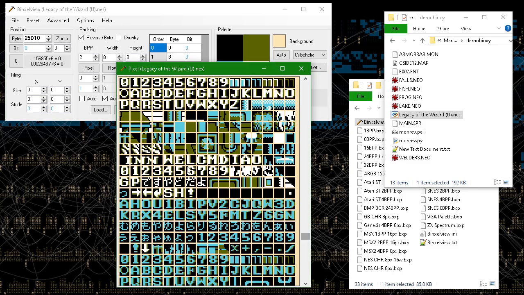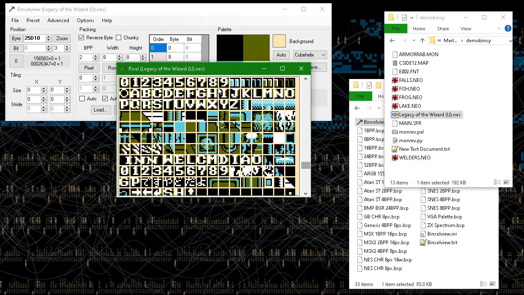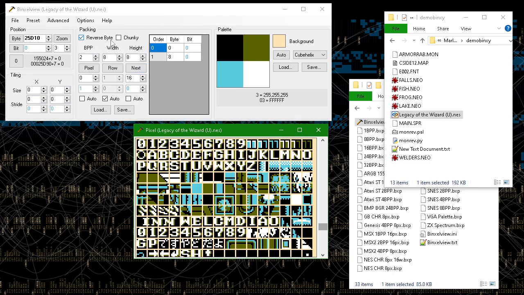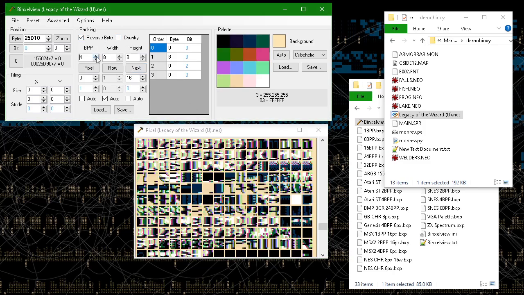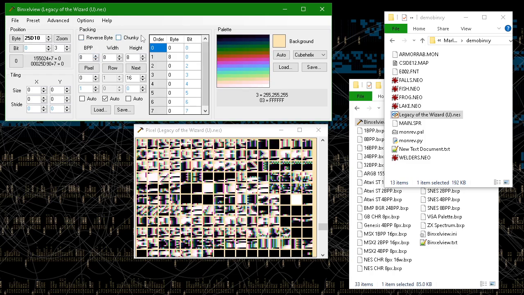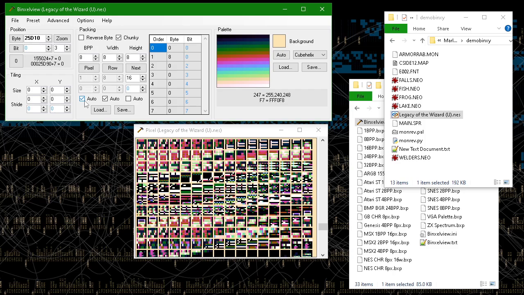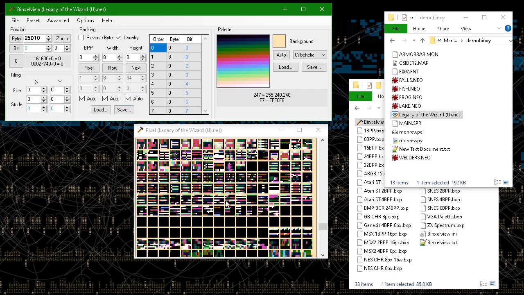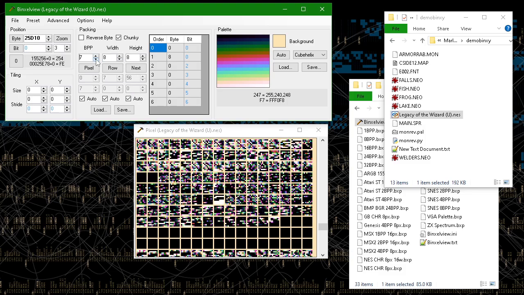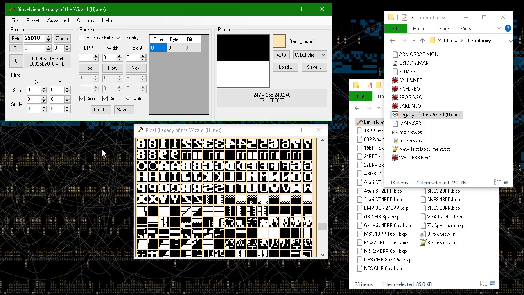So we're at this region of pixels. I'll make this half the size. Let's say we started at this, which is kind of what a default looks like, and you would have auto for all these. This doesn't look like pixels, does it? Or it doesn't look like recognizable graphics. Often what I do is I start at 1 bit per pixel, and here we can see there's recognizable stuff, and it looks like we can see the font characters.